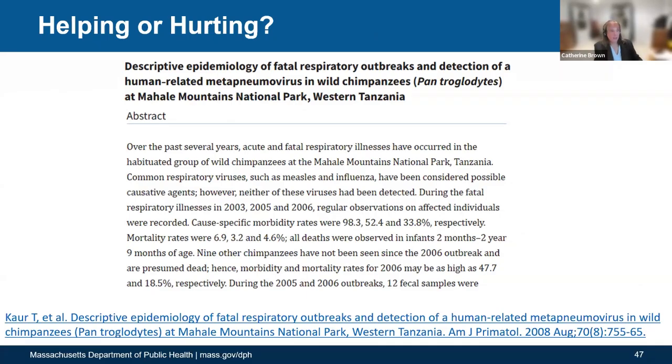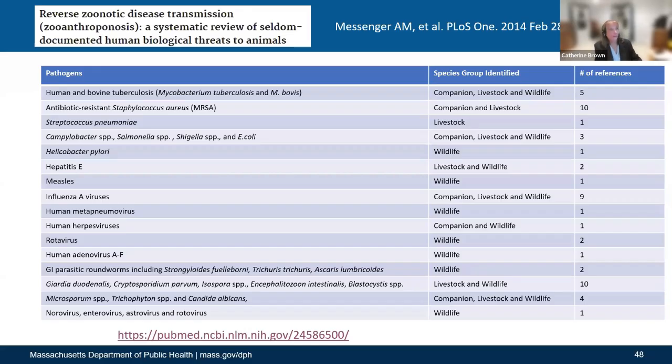And so the question really becomes, how much are we helping and how much are we hurting? These groups have actually developed a lot of isolation and quarantine protocols for the humans that are coming in to help. And so they've been able to reduce the amount of disease, this reverse zoonosis that we see. So we've all learned from our mistakes and are able to now do more good than harm.